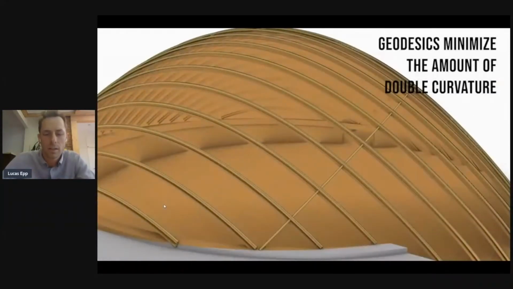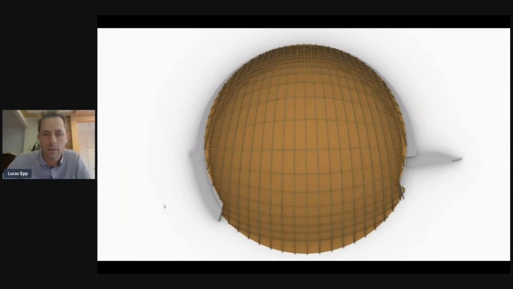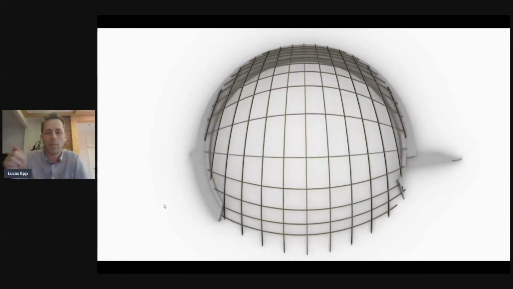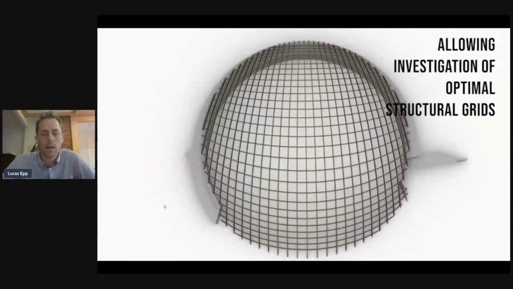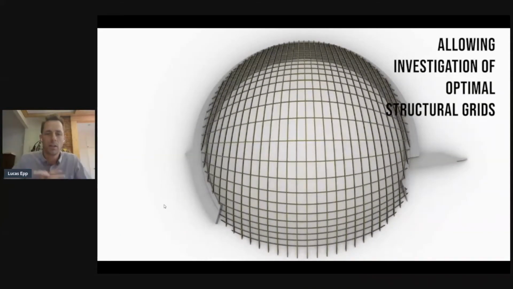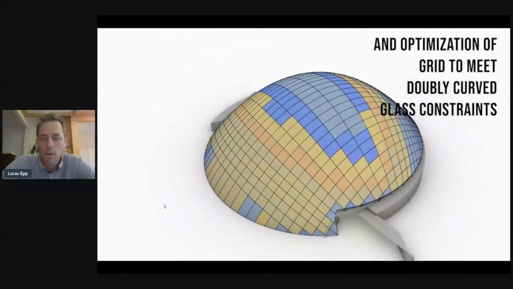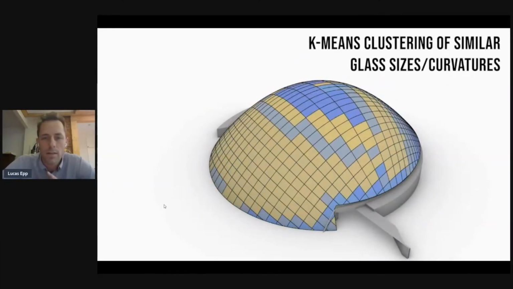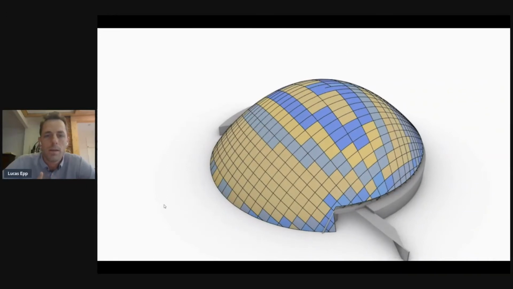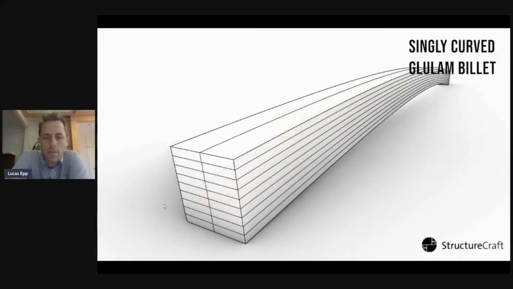And so here you start to see some of the approaches that we're using on this particular set of grid shells. We're using a geometry concept called a geodesic, which is basically the shortest path between 2 points on any freeform surface. And then we're investigating parametrically the actual density of the grid shell, and there's a whole bunch of constraints around the density of the grid shell, including the fact that these domes are covered in glass. So this is all flat and some singly curved glass. And here we're running an optimization using k-means clustering to try to cluster the different shapes of the glass